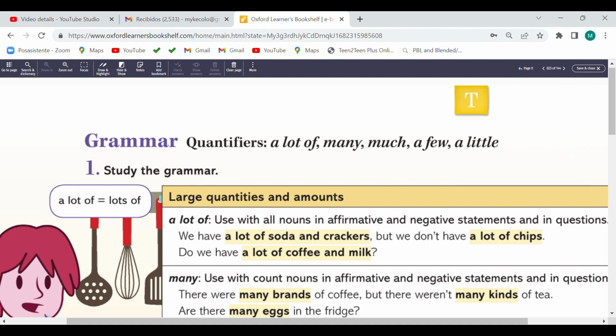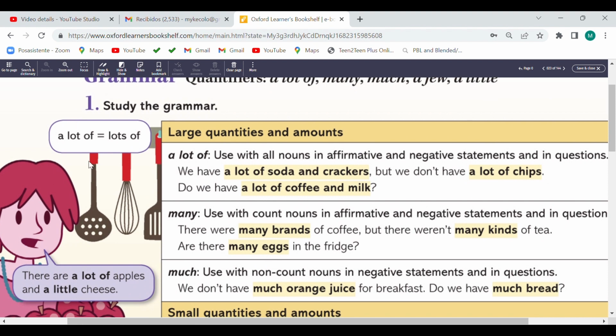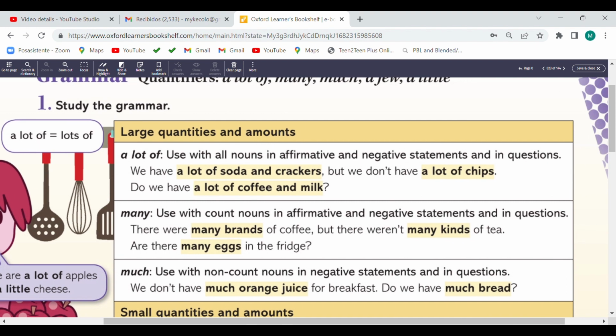Study the grammar. Bueno, algo que es igual, podemos escribir a lot of equals lots of. Ambos significan lo mismo. Large quantities and amounts. Bueno, aquí tenemos the first grammar rule.